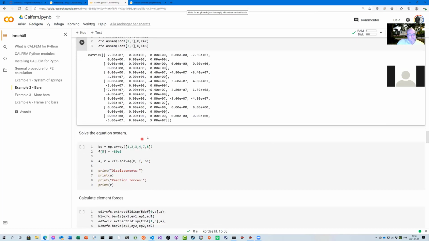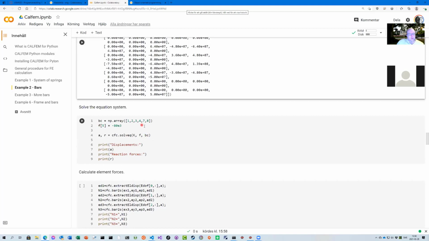And then we can solve the equations. Now we have to specify the boundary conditions. So we have boundary conditions on 1, 2, 3, 4, and 7, 8. And those are all 0. And then we have at boundary condition number 6. So that is